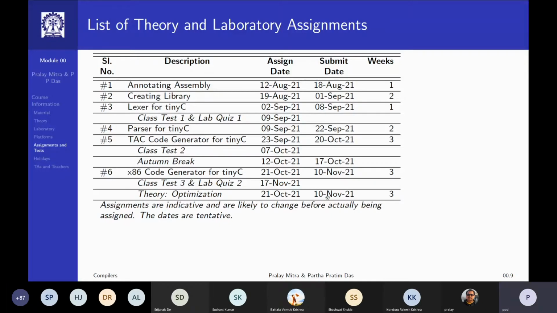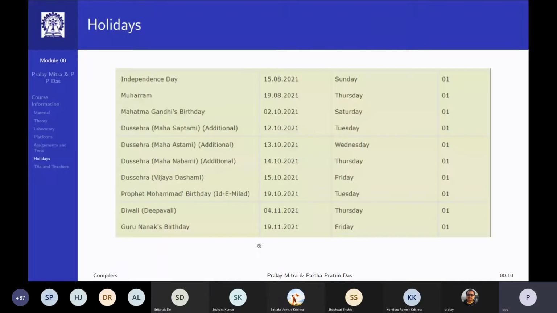These are the dates on which we have holidays. So I think some of these, like 19/8, we may not be able to meet. There's a Thursday, there's a Tuesday, there's a Thursday, and this period of what is known as the Sera is actually within the autumn break, and so on. So we will follow the calendar as it comes.